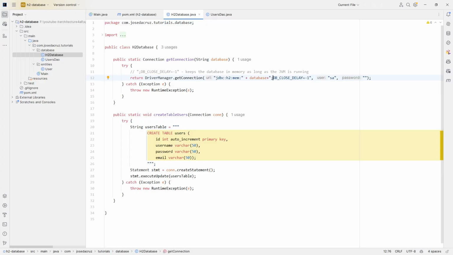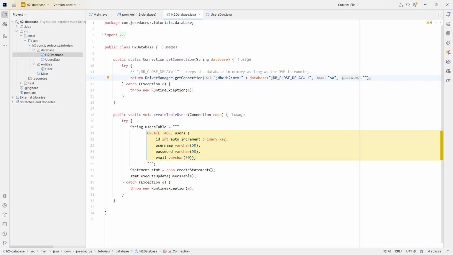If it's a server and you put this, the server runs inside the JVM, so for the total time of the execution of the server, the database will always be there, even if you close all the connections. So be careful when you use it. In a main application or regular application, it's okay. In a server, make sure that you know what you're doing, because